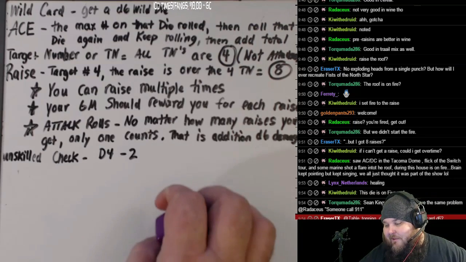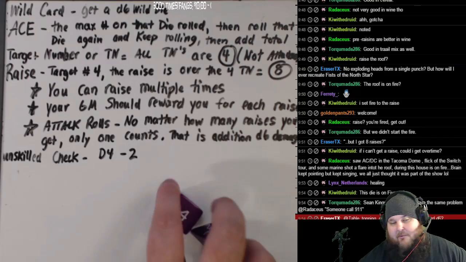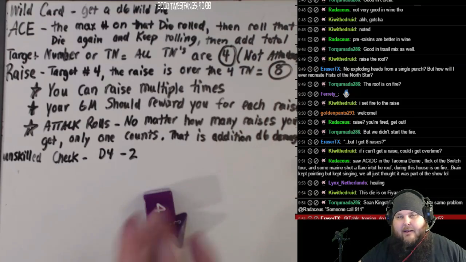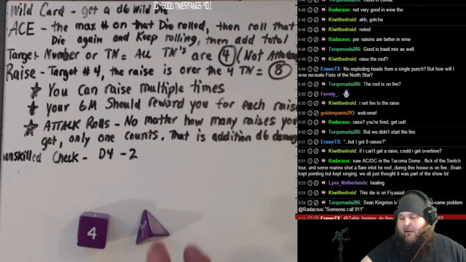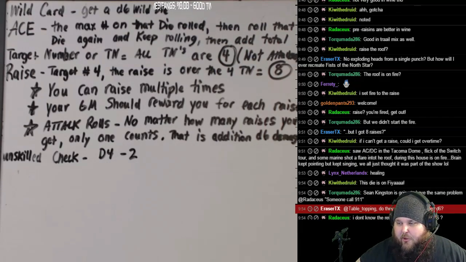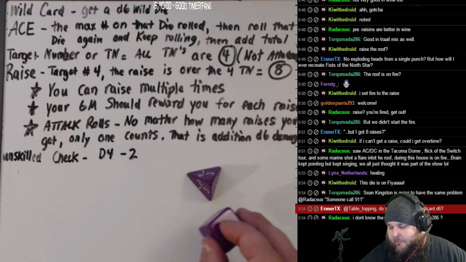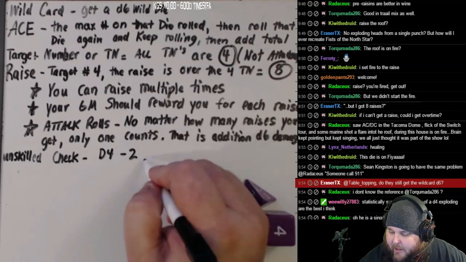Awesome. So the D4 did it for me. But yes, if you're a wild card, I did not add that in there, and I apologize, because I was just trying to make an example of it. Normally, you would do the unskilled penalty also with the other one. So this time, I would have been screwed. It would have been 4 minus 2 and 1 minus 2. So, yeah, that's it. So, yes, unskilled checks and your wild die